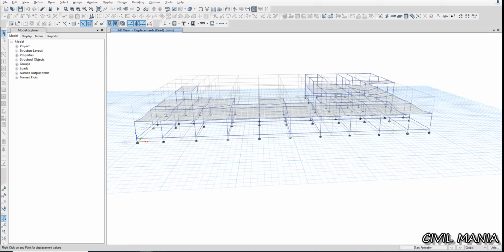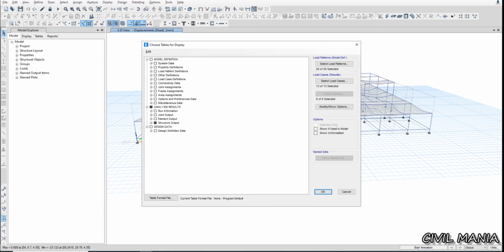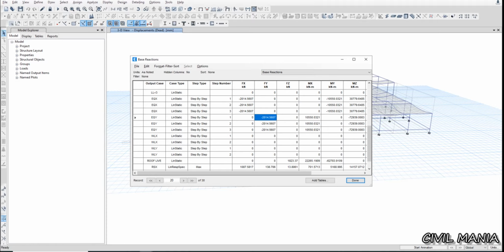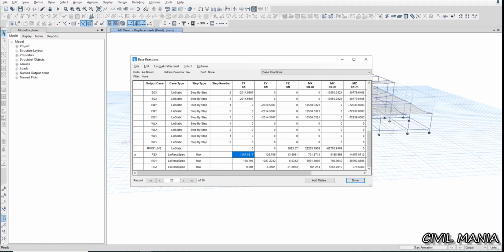Because it's very important to do the analysis for both the static earthquake as well as the dynamic earthquake. So now again press Ctrl T, then check base reactions are present, 2014. Now check the response spectrum, it's 1087. We have to scale it to the same. So for scaling up, what we will do is: